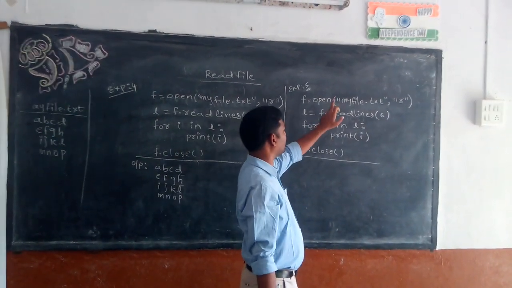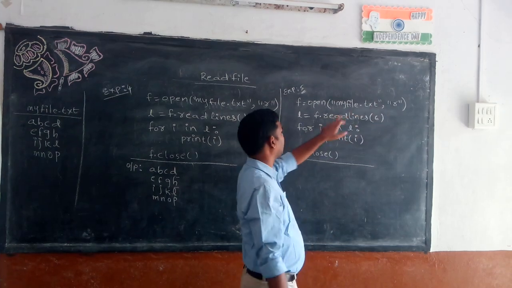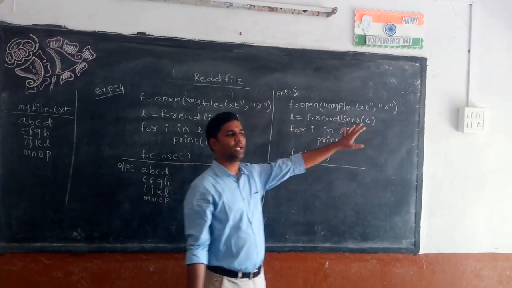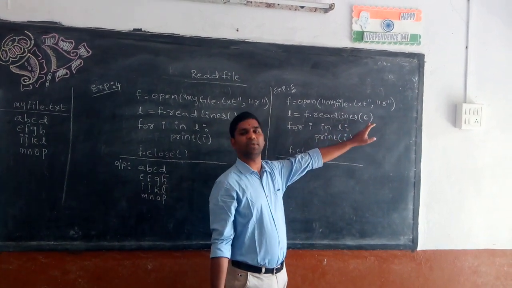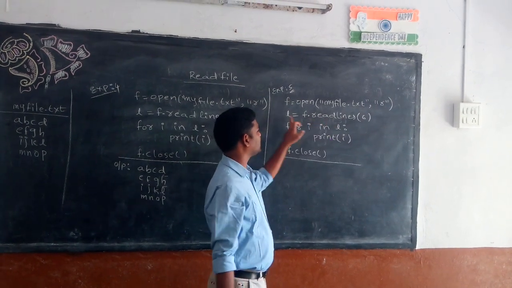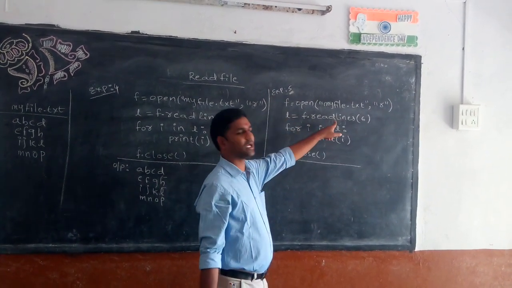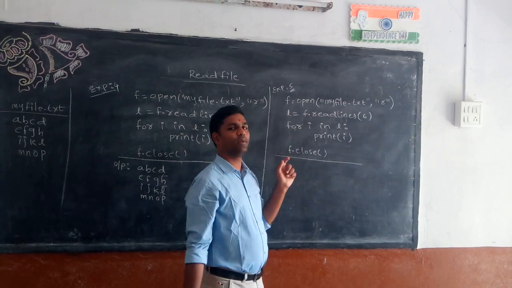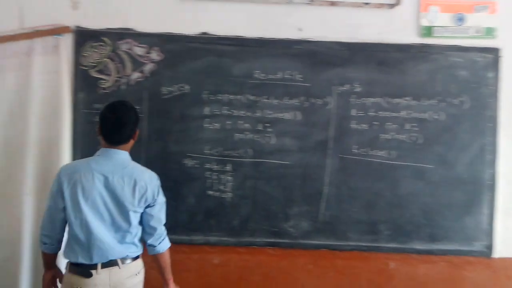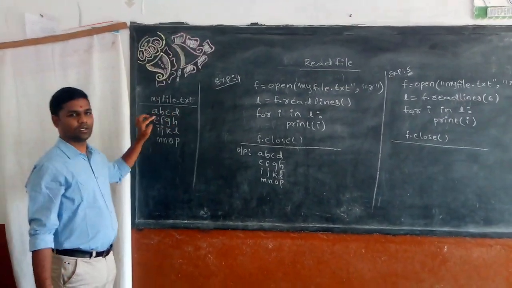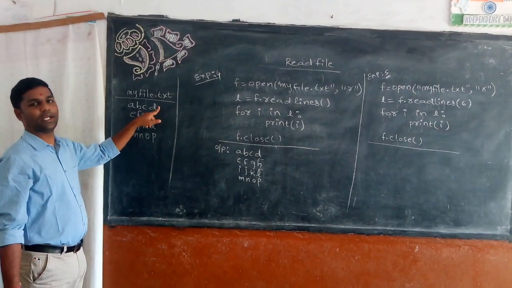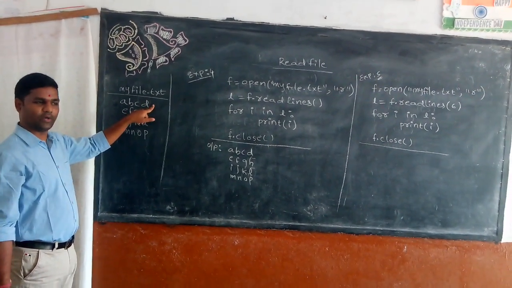Here I say the file is opening in the read mode, and here I am saying f.readlines(6). That means I am telling the compiler to read 6 bytes of data, and I am storing the entire data into L. But here the function is readlines. So each and every line, how many bytes are there and how many lines are going to be read. In our source file I have 4 characters here, that means 4 bytes, and the 5th byte is the new line. So here I am ending the line, that means new line, 5th byte.